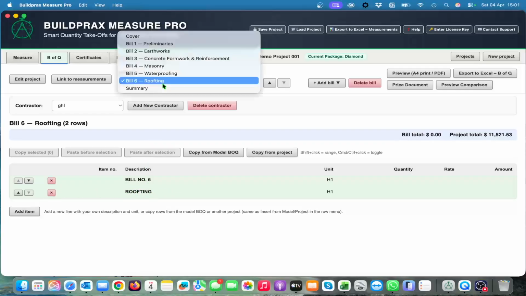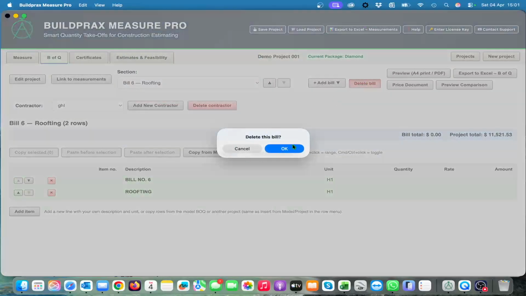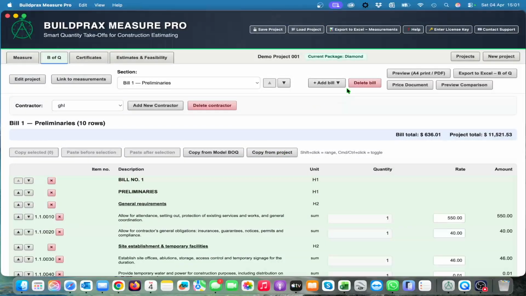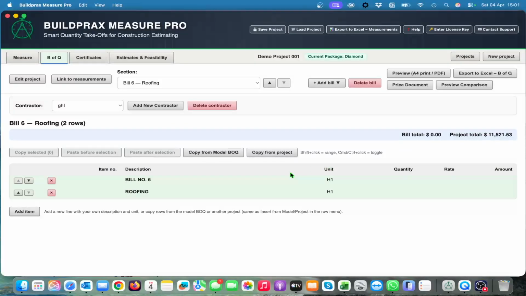You can always delete a bill, and you delete this bill, and there it is. And so you can just add a bill again, and you can create a blank bill. You can copy it from the model bill of quantities, or you can copy it from another project. I like to always put in a blank bill, and we set roofing, and we create the bill. Then when you add the items to it, you will see at the bottom there's